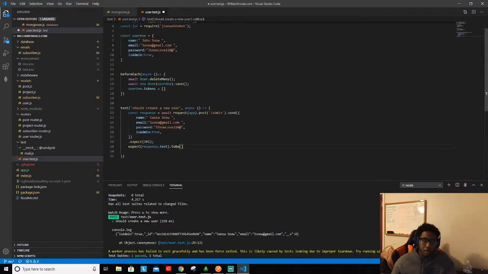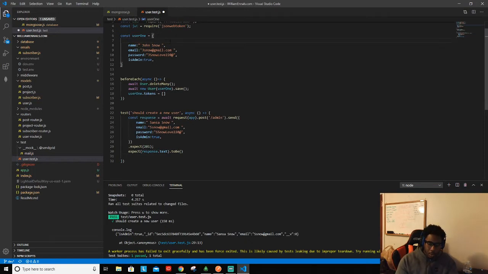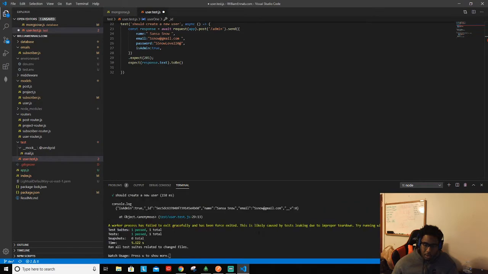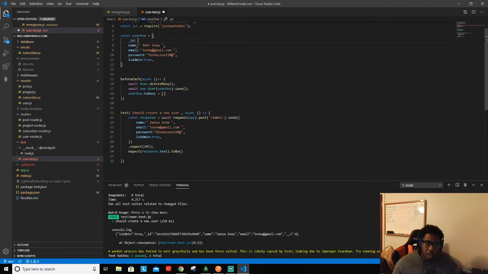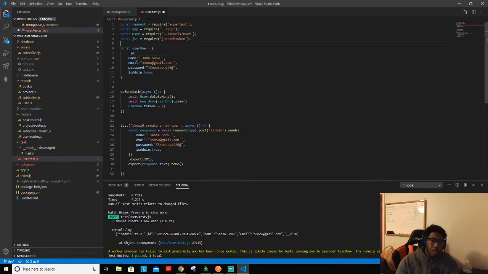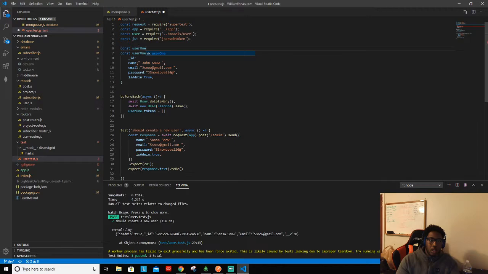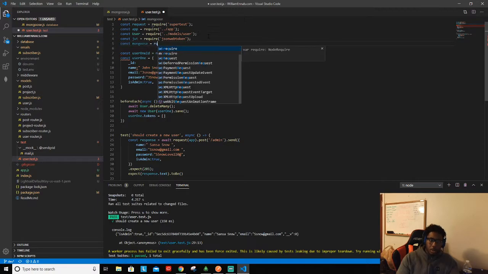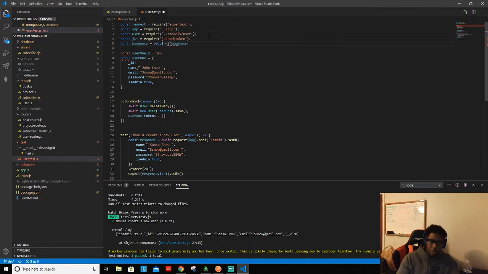And actually what I'm going to do is create the ID on this object. Otherwise I can't verify the ID on this thing. And I'm not going to worry about this v0. I think the way this ID works is I create another constant here, const user one ID, and that's going to be equal to new. I think it's mongoose. So let me const mongoose equals require mongoose,